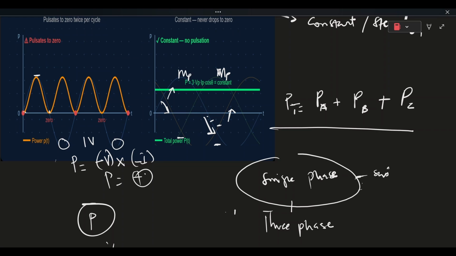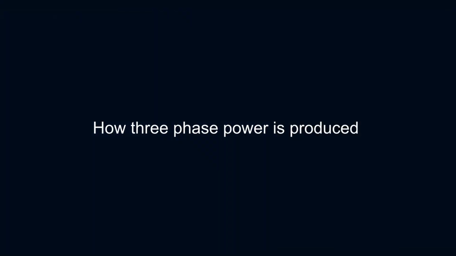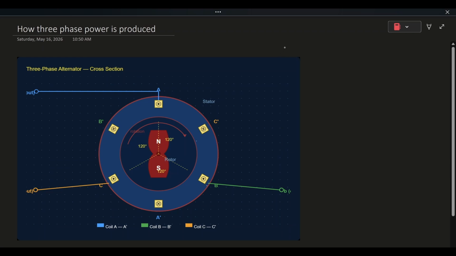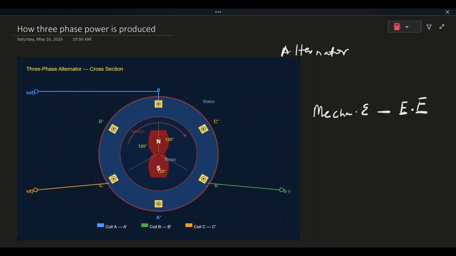Now, with this, let's move into how three-phase power is produced. So now, basically, three-phase power is produced by using an alternator. So what you have here is a cross section of an alternator, which we'll talk about. But what is an alternator? An alternator refers to a synchronous generator. You all know a generator is a device that converts mechanical energy to electrical energy. So it converts a particular motion into